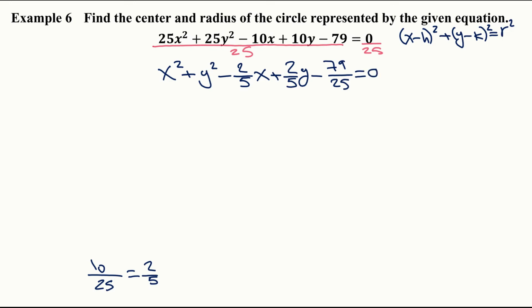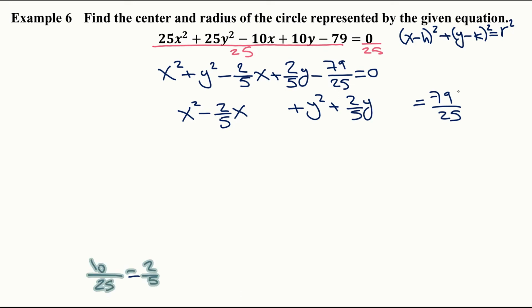Okay, now we're going to proceed just like before. So we're going to take the x squared term and the x term, put them next to each other, and then we're going to leave some space. We're going to take the y squared and the y term, put them next to each other. Let's go ahead and move the negative 79 over 25 to the other side, so it becomes 79 over 25 positive. All right, so